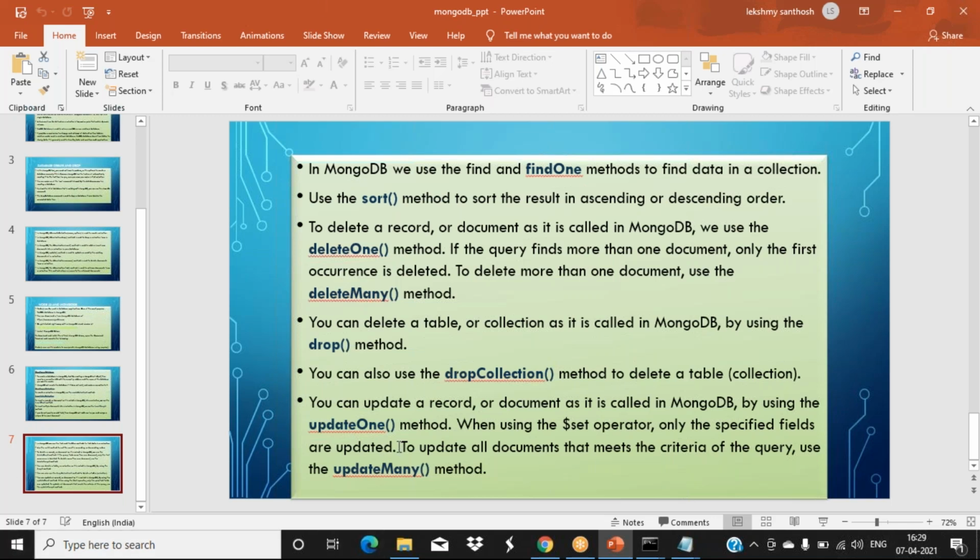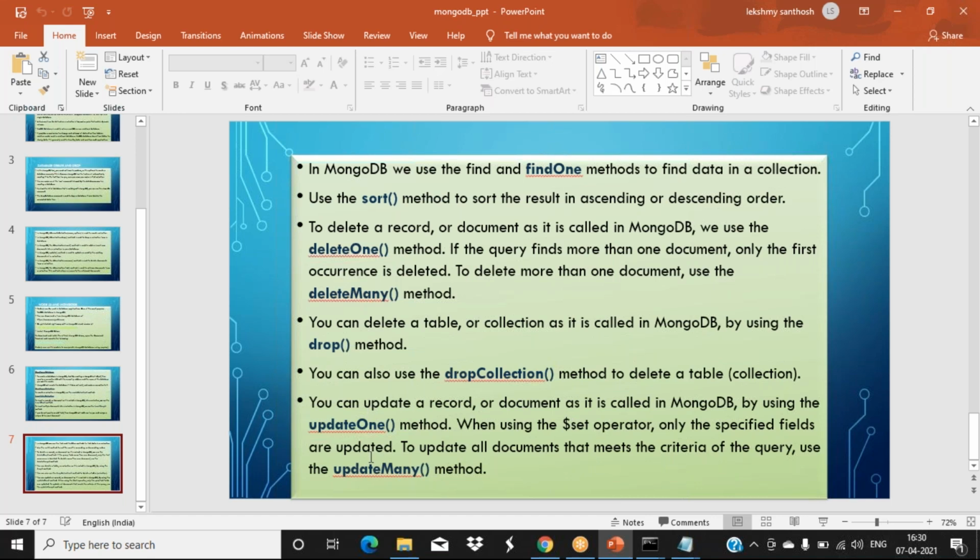So the updateOne method. Suppose you have an employee collection, and salary is one of the values you have given there. Some of the employees got a salary hike, so how to make that change there? Only the salary property we want to change for particular employees, so we can use updateOne. There also we have set properties. We can assign to only particular employees like that. Then updateMany is there. At a time, many employees' values we can change like that.